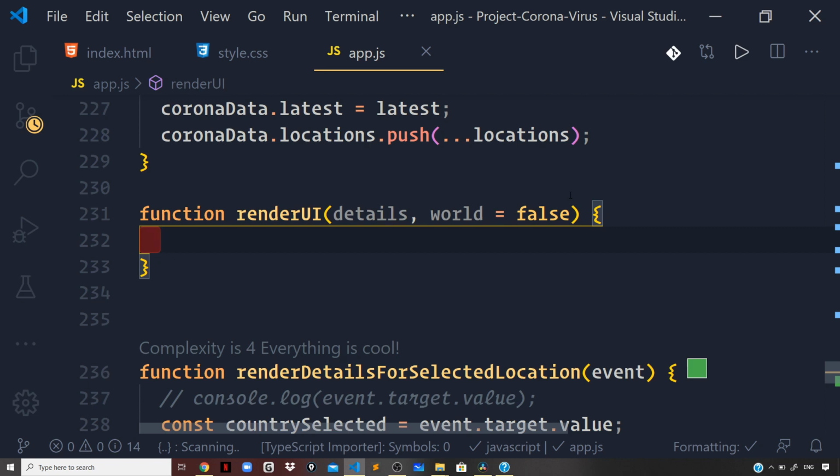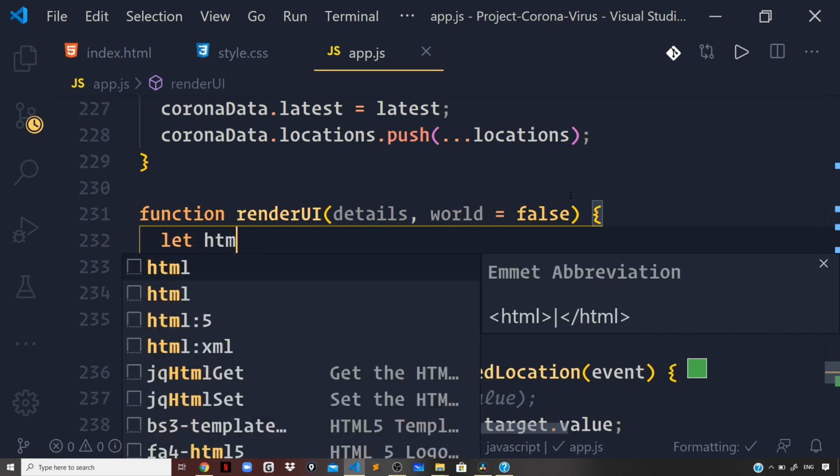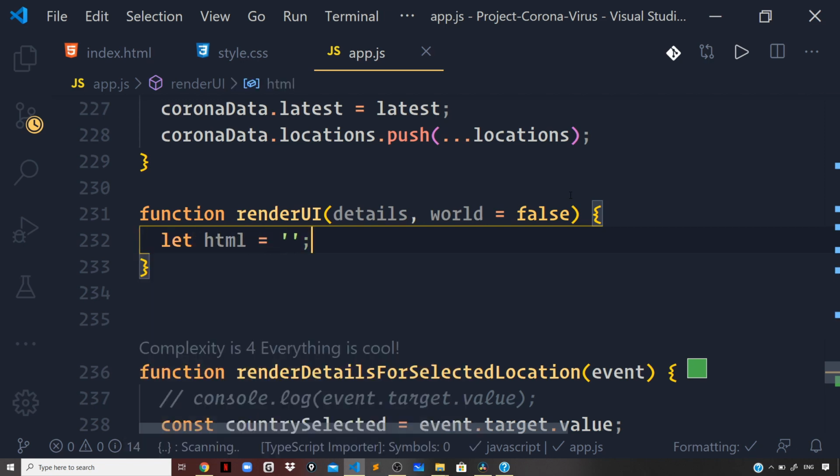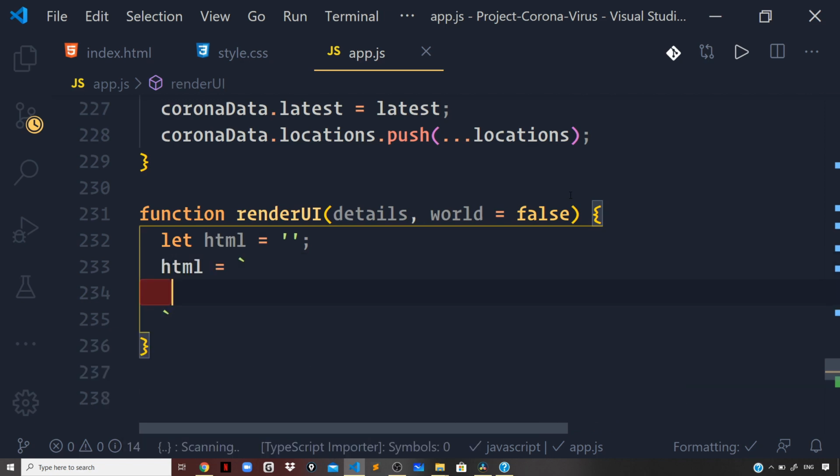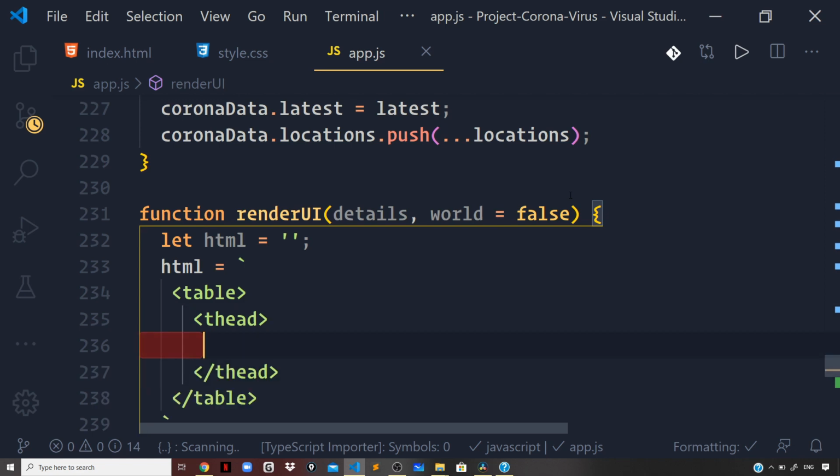So if world is set to true, you will render the UI for the world corona details. But if the world is false, then you will be rendering the UI for a specific country that was selected from the drop down. So let us say HTML, set that to an empty string, and then I will say HTML, and let us write the table. So I will say thead, and inside the thead we'll check if the world boolean is set to true. If it is set to true, I will simply write h1 and say world